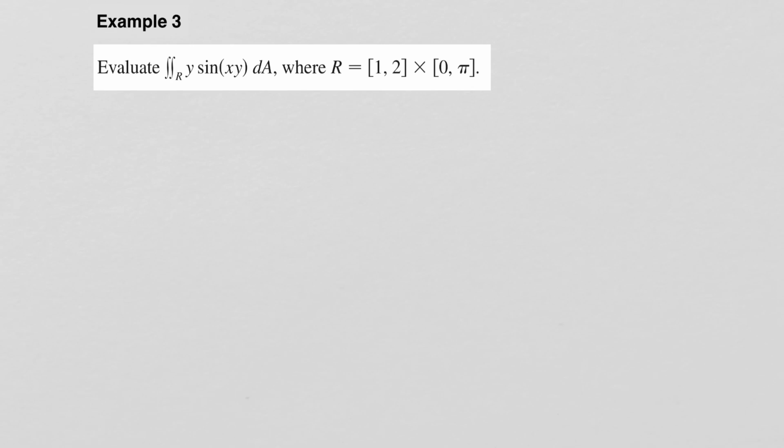In the next example, we wish to evaluate the double integral of y sine of xy, where the region is the interval 1 to 2 crossed with the interval from 0 to pi. Now this notation simply means x is a number between 1 and 2, and y is a number between 0 and pi. And so this is the integral from 1 to 2 of the integral from 0 to pi of